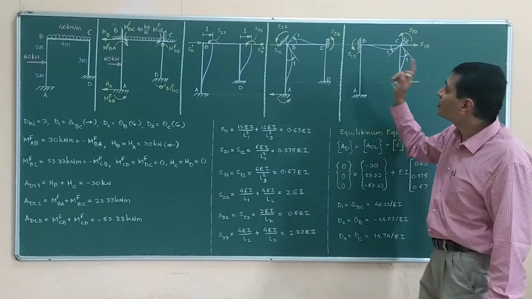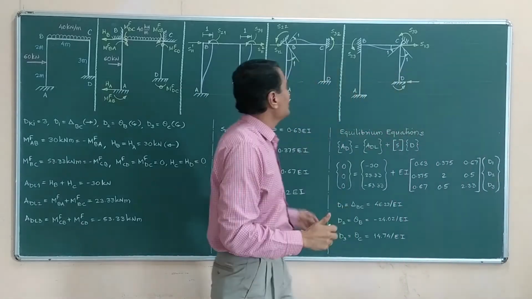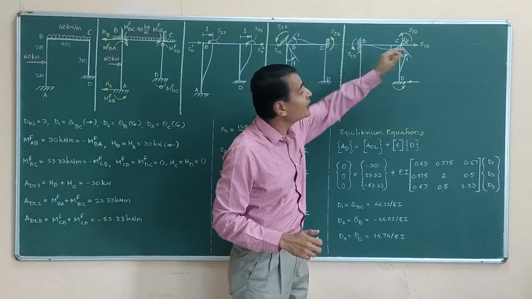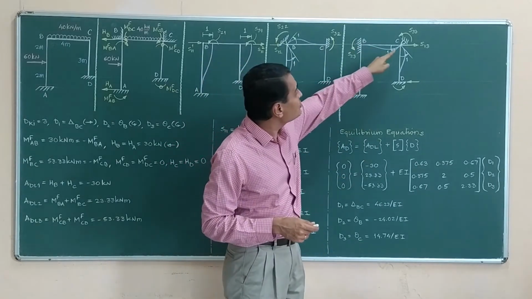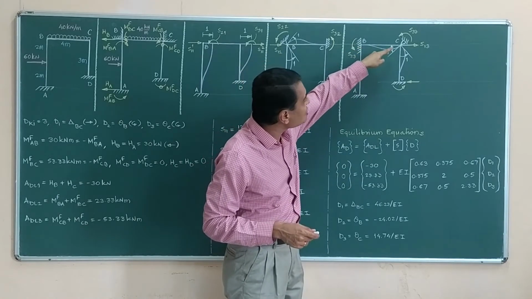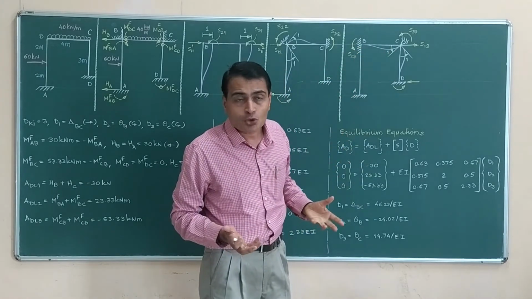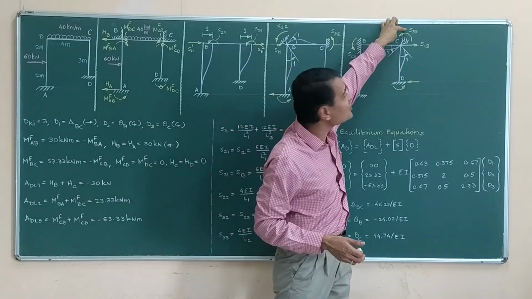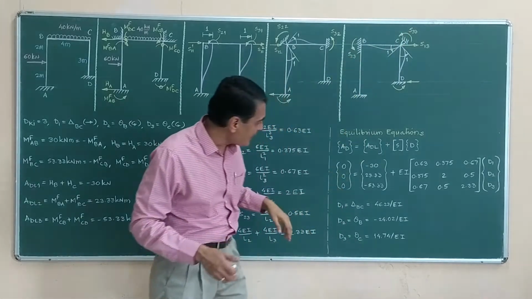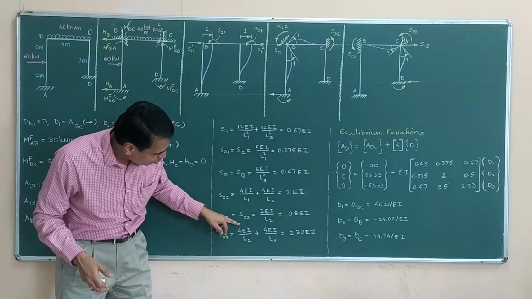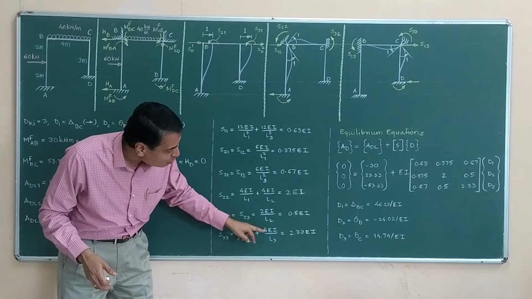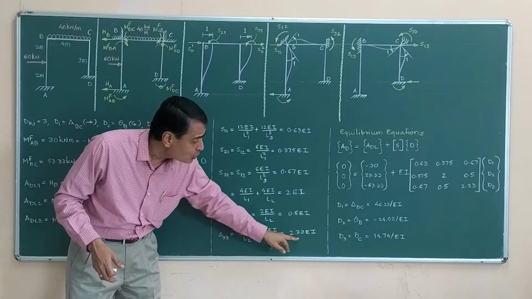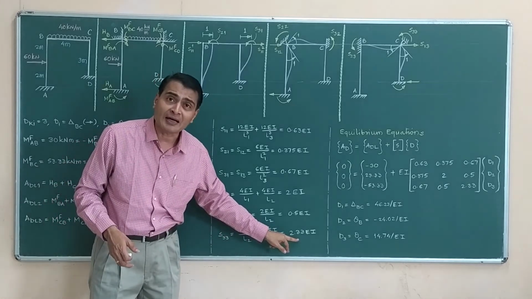Finally, we go ahead with the third diagram in the succession of 3 diagrams of unit rotations. So here I am giving unit rotation to C point. You are observing CB is also bending as well as CD is bending. So unit rotation here as well as here. That's why the corresponding stiffness S33 I am writing as 4EI upon L2 plus 4EI upon L3. Substitute L2 as 4, L3 as 3. You will get 2.33EI.